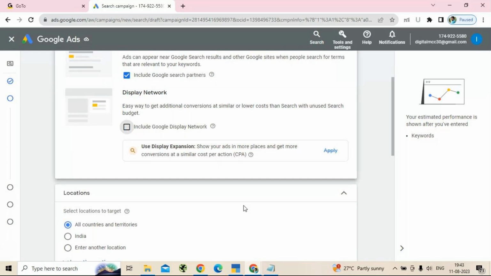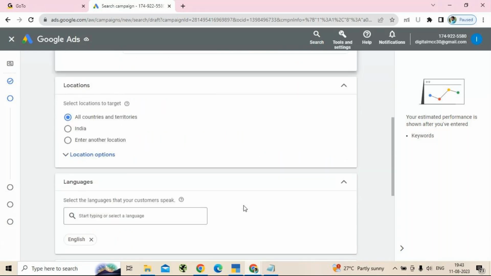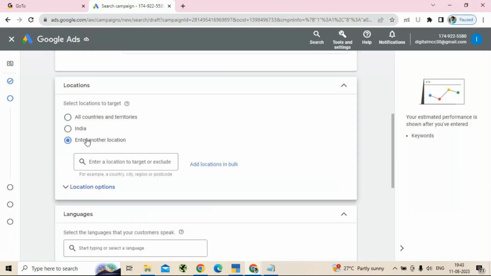Now go with the next, specifying the location. To which location am I supposed to run this ad? My ads have to reach only users of those particular locations. So if you are very clear and targeting, you can give the location-wise.